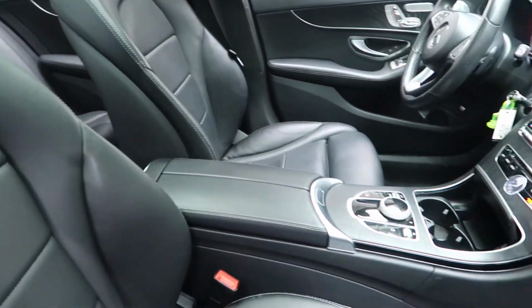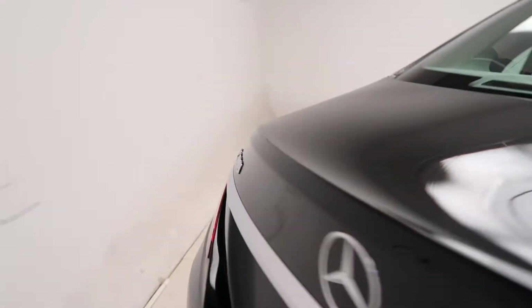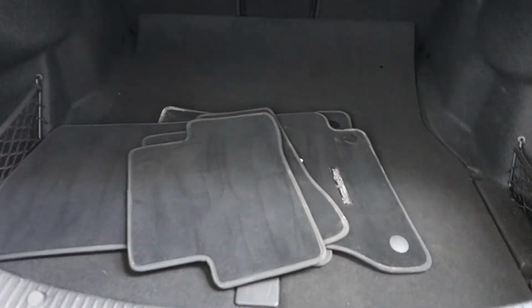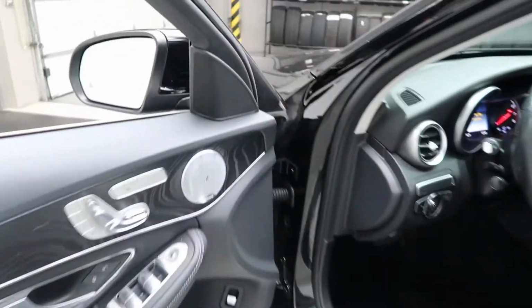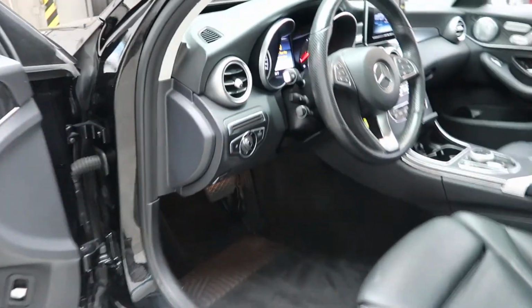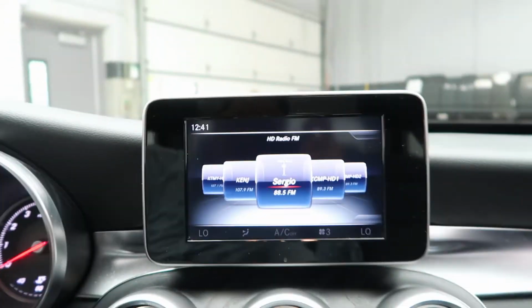black MB-Tex interior with a natural grain black ash wood trim, panorama sunroof, C300 4MATIC badging, clean set of floor mats, Premium 2 package with blind spot assist, Burmester sound system, heated seats, memory seats, steering wheel controls with Bluetooth capabilities, paddle shifters for extra performance, media display,